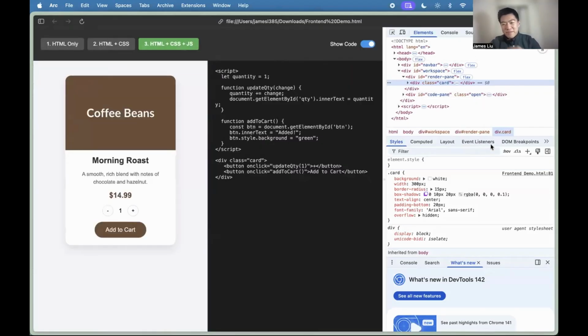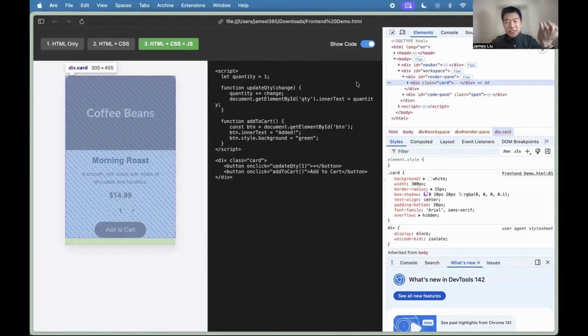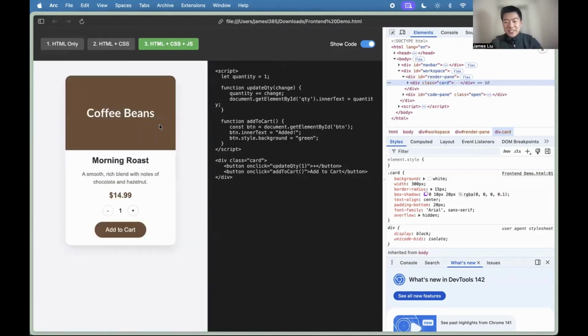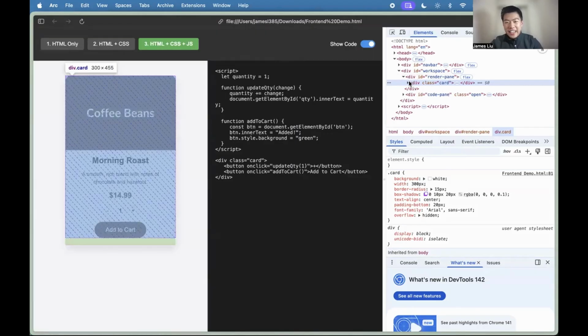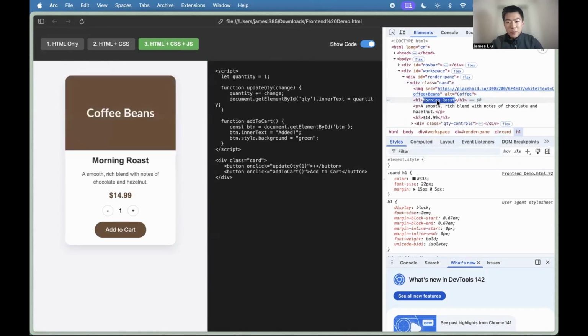I remember there were things that we would edit, like the report, just for fun, because they display our grades to us in a web page, and then we can just go to inspect element and change the text to, for example, rather than morning roast, we can change it to 100% A+. And then it will display, it looks pretty legit. But what you guys are editing here is actually just the